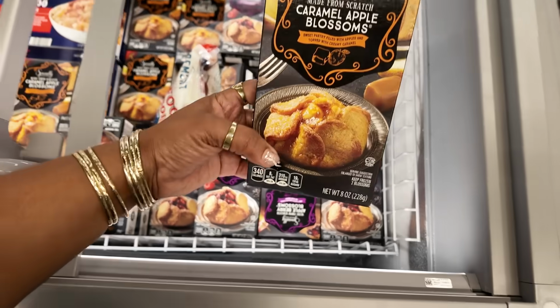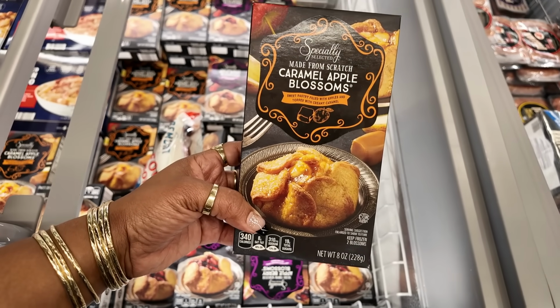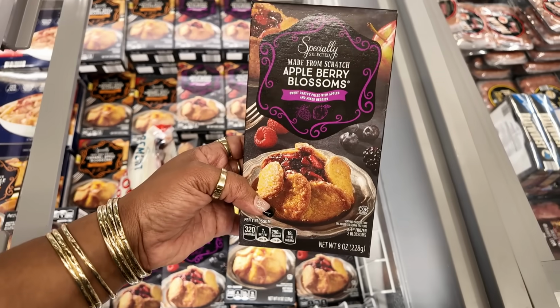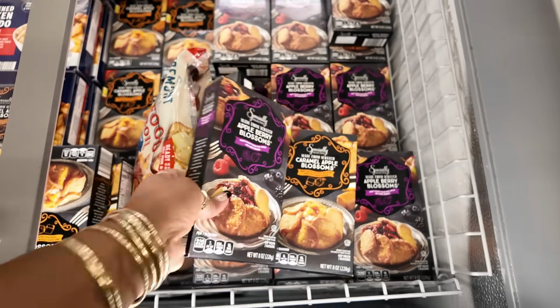The apple blossoms are back. They always come every year. I usually get these. I'm not going to get it right now, but the caramel apple blossoms, I really like them for $3.50. I haven't tried this one, the appleberry blossom, but I think I'm just an apple pie kind of girl, so